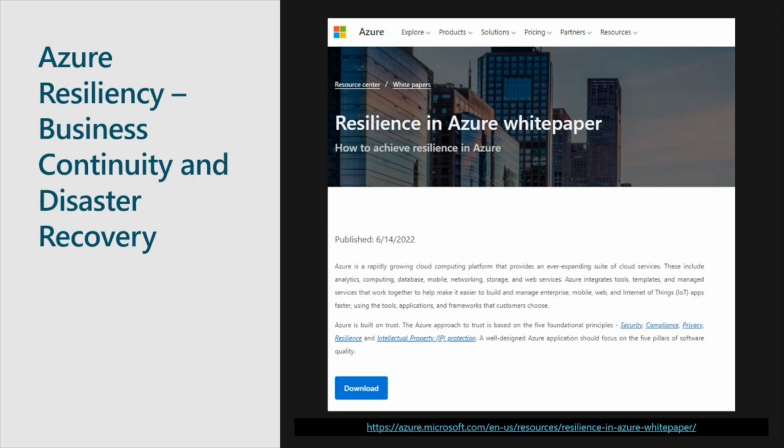The second white paper I want to call out is the one that covers what Microsoft does to ensure resiliency for the services that we provide. This one is called Azure Resiliency, Business Continuity, and Disaster Recovery. It has information on what we do to maintain our strong service level agreement for uptime and the measures we